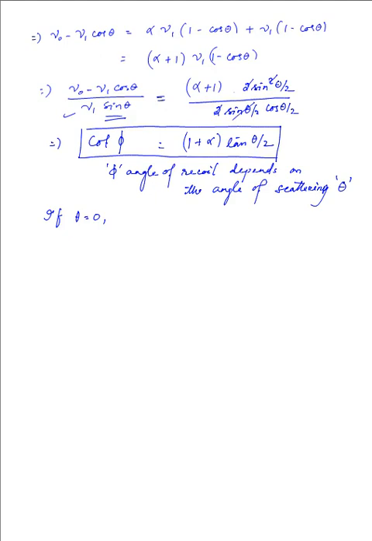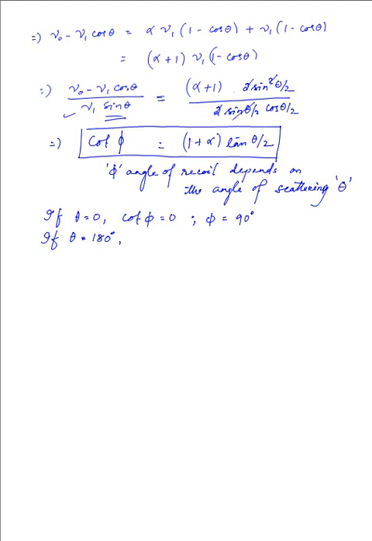And so this right hand side term entirely goes to 0. So cotangent of phi goes to 0. Cotangent of phi going to 0 means that we have tangent of phi to be infinity, or we simply have phi equal to 90 degrees. That means the electron will be knocked off at right angles to the direction of motion of the incident photon. Then again, if we consider the case where theta is 180 degrees, which is the case when it